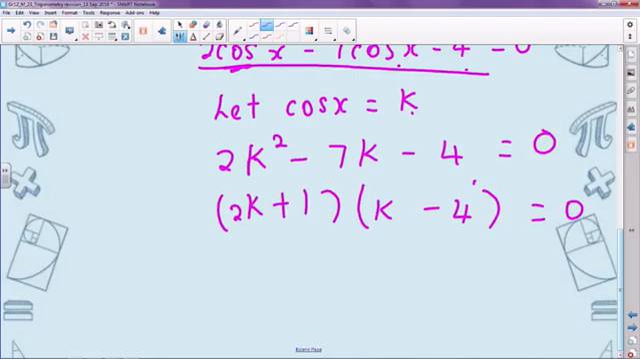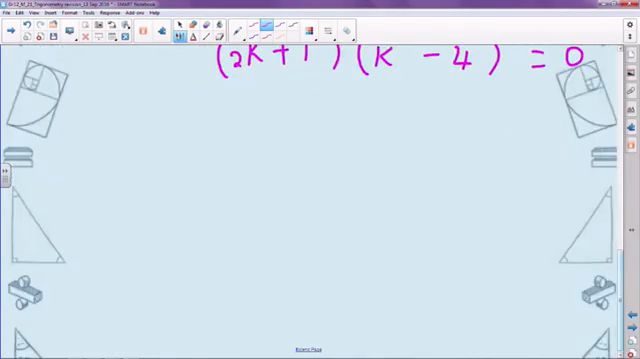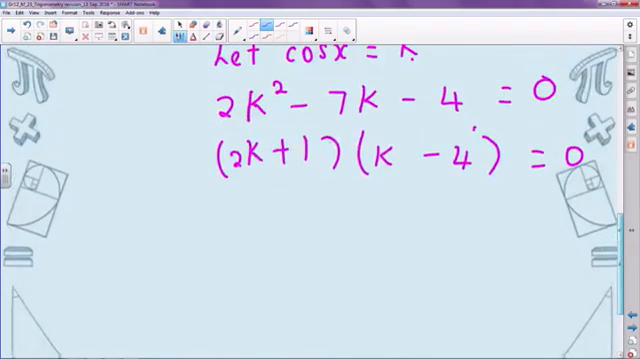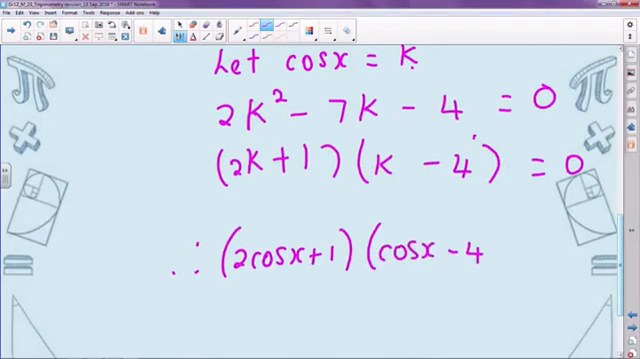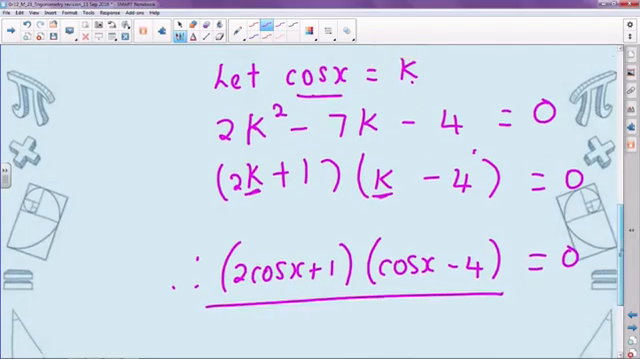Okay, so that's your factorized form. We now can replace k with what it represented, which was cos x. So we will end up with (2 cos x + 1)(cos x - 4). Hopefully you are all following and you understand that all I've done there is replace the k with the cos x that we said it must be equal to. This is now the factorized form